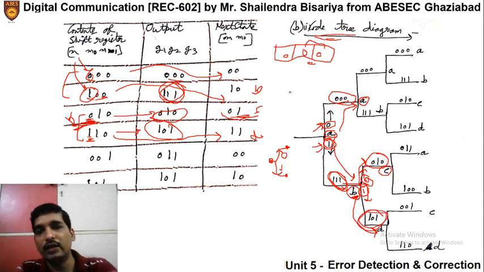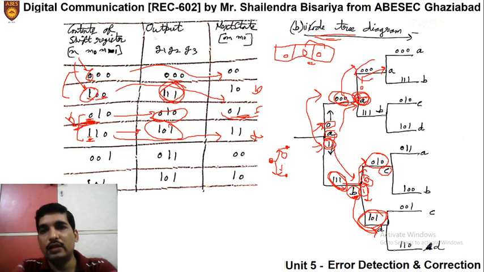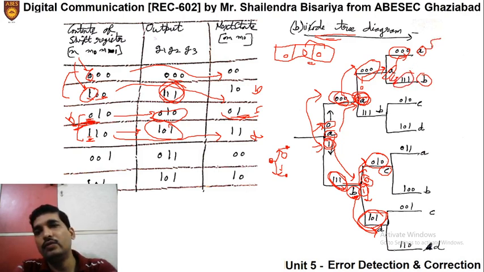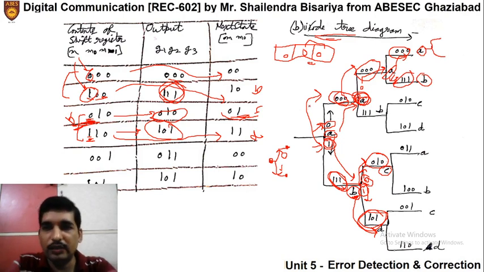Similarly, we will move further as we did here. This is state A. From state A, if input is 0, it will move again to state A with corresponding output 000. The same replica will be here. Again the state is A, so it moves to state A if the input is 0 with output 000, and to state B if the input is 1 with output 111, and it will continue further in the same manner as per the number of input bits present.